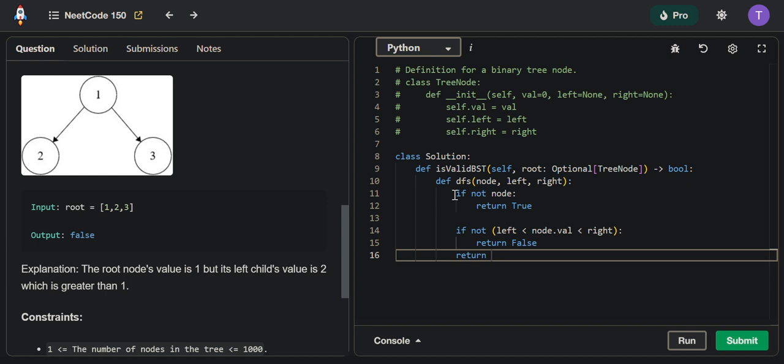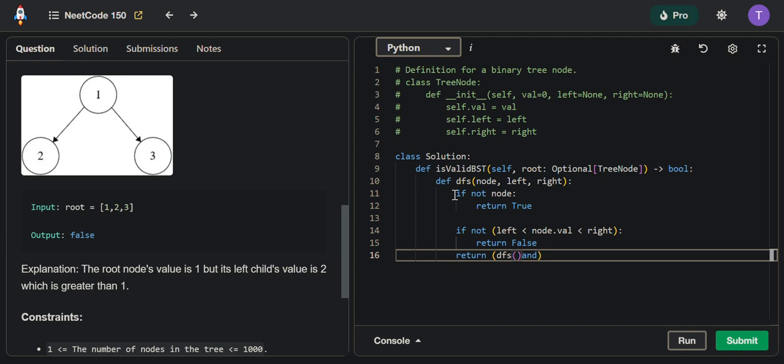If the right branch returns false, well, the inferior tree is not a binary search tree. So both have to be true, which means we are going to use an and statement somewhere. This is then where we are going to call our DFS,